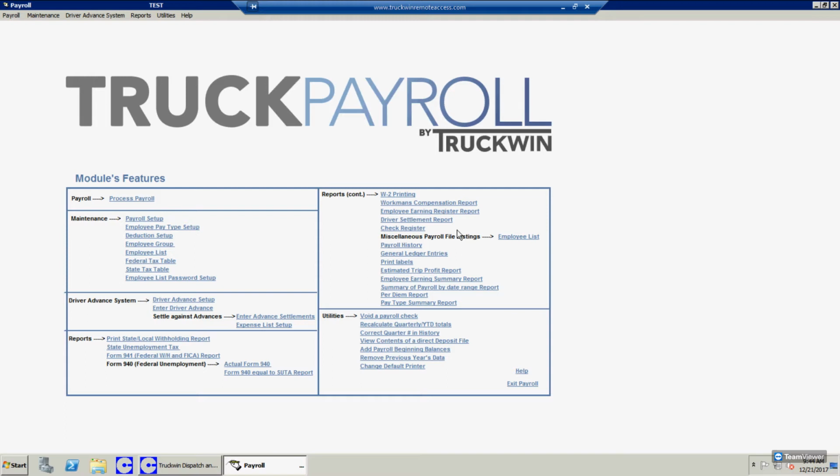Another thing added to the settlement in payroll is the word drop or pickup, which before just said other stops and it didn't have the designation if it was a drop or a pickup. So we went ahead and added that. So then that just helps the driver to know that, oh yeah, that was a pickup here